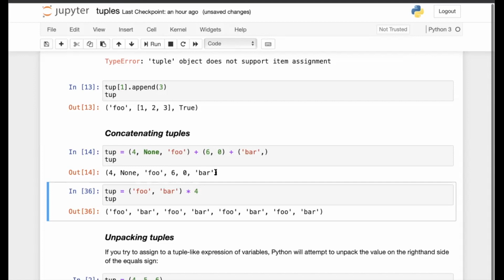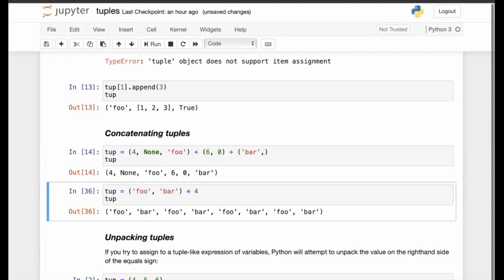If you use the multiplication, it basically repeats those elements that number of times. So multiplication by 4 repeats the elements of this tuple 4 times and creates a new tuple with that modified sequence of items.